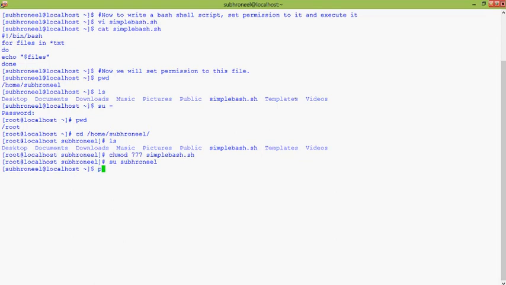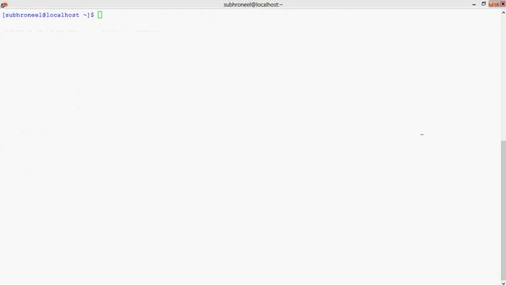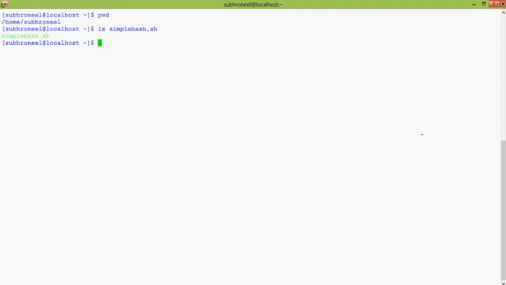So if you set 111, it is converted to 7. The 7 is read, write and execute. The read, write and execute is set for all: user, group and global. So permission is set. We have changed the user to Shubhranil again, and now we will execute the script.